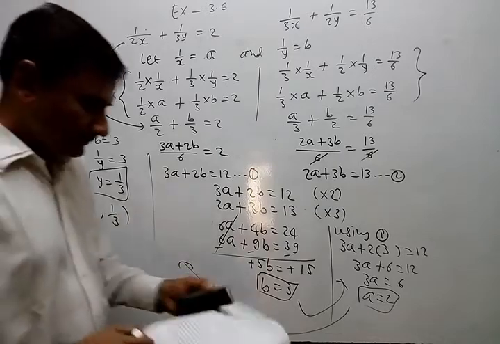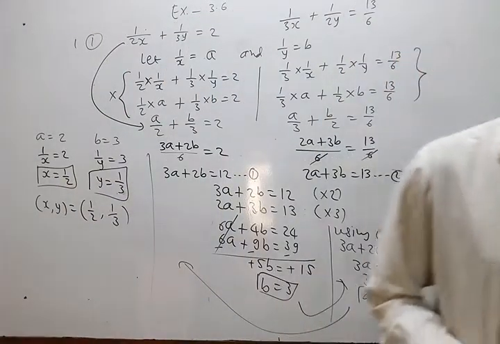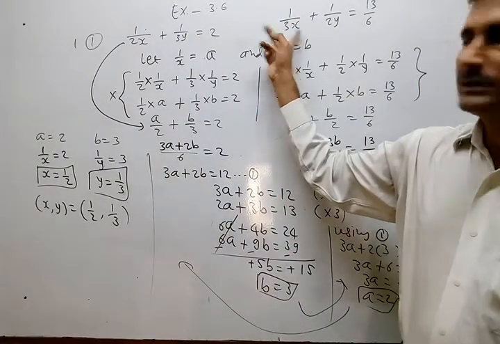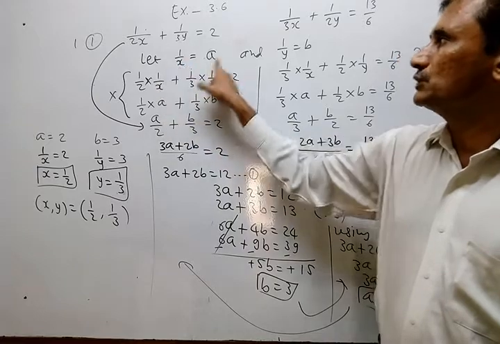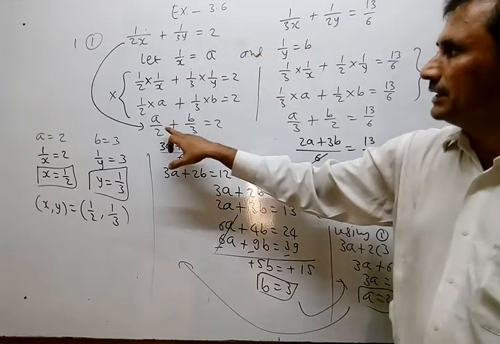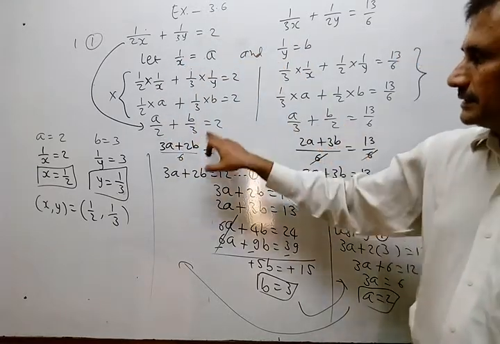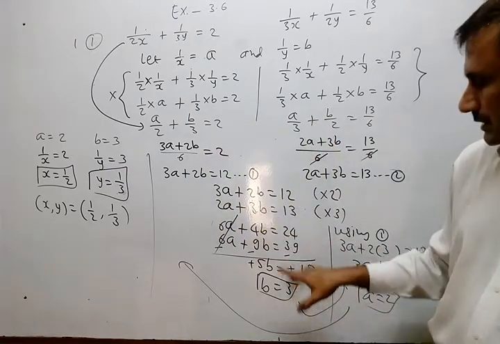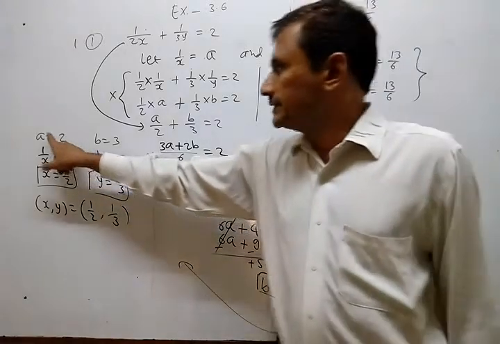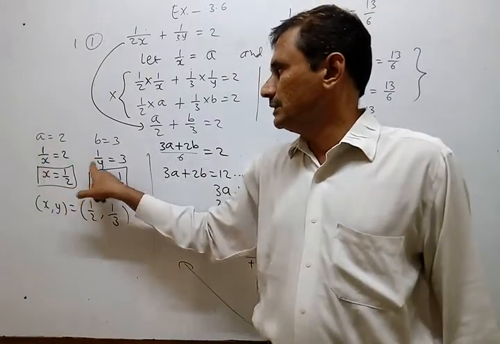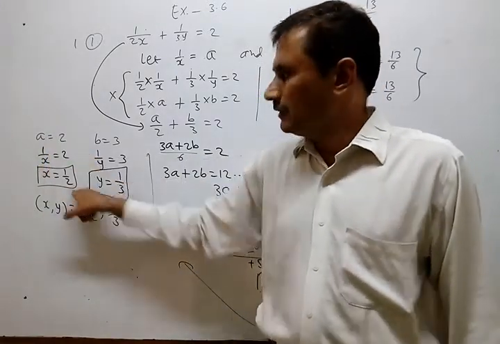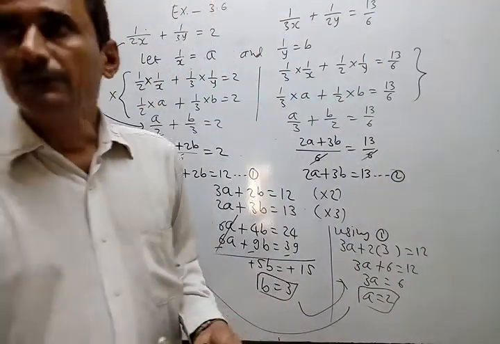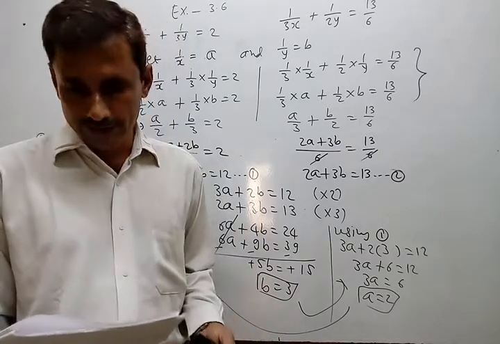Now this is quite new. Why? Because x and y are given in the denominator. That's why we supposed it this way, and accordingly we included a and b. Just simplify it because the denominator was there. Solve as usual. After getting a and b, we just replace a and b by the original x and y and find x and y. So do you understand? These are the sums when the linear equation is not directly given.